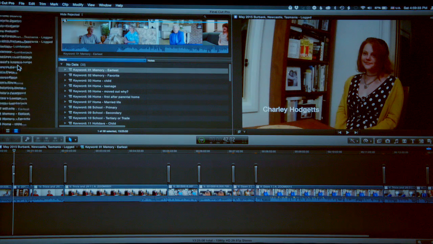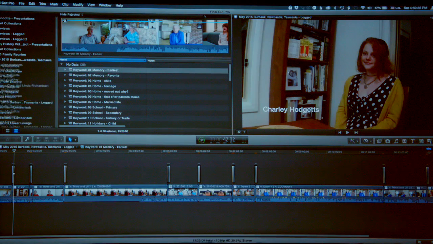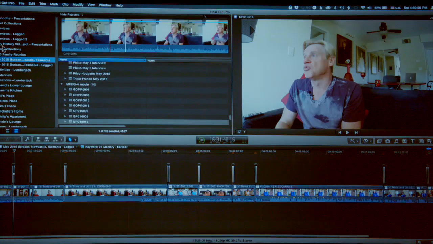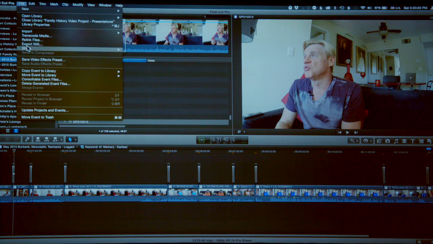All that needs to be done to get all of this benefit, as I said, is that simple logging on the shoot that even a production assistant of unskilled really, or your children or grandchildren can all do this. If you can click a light switch on and off, you can log keyword ranges in Lumberjack. It's that straightforward. And we give you all of these advantages. And all you have to do is ingest the media, create multi-clips,